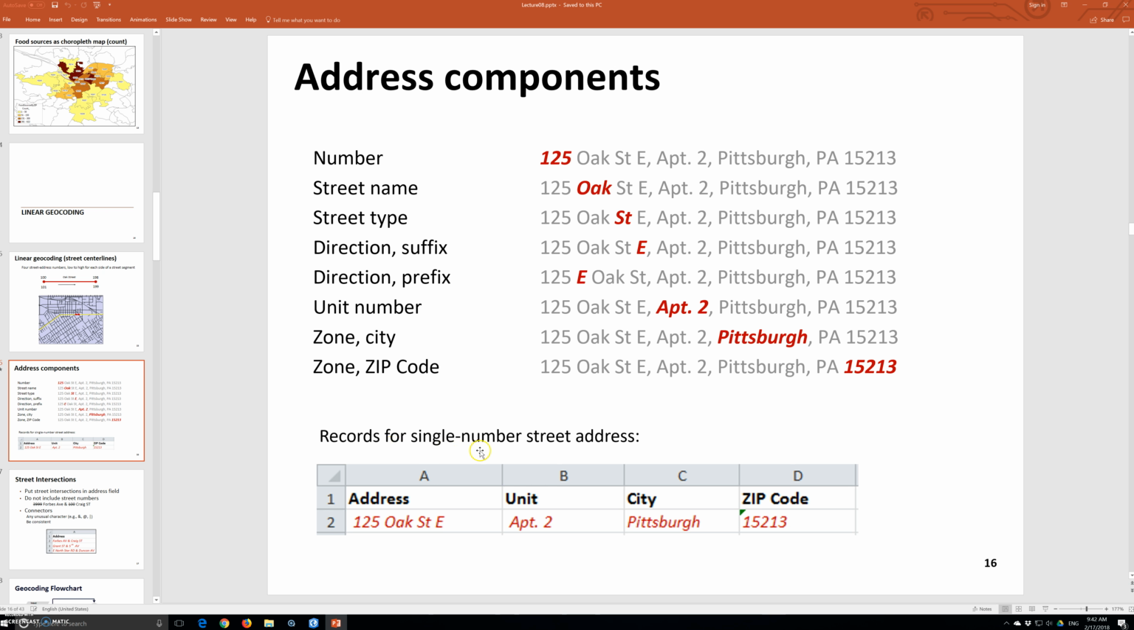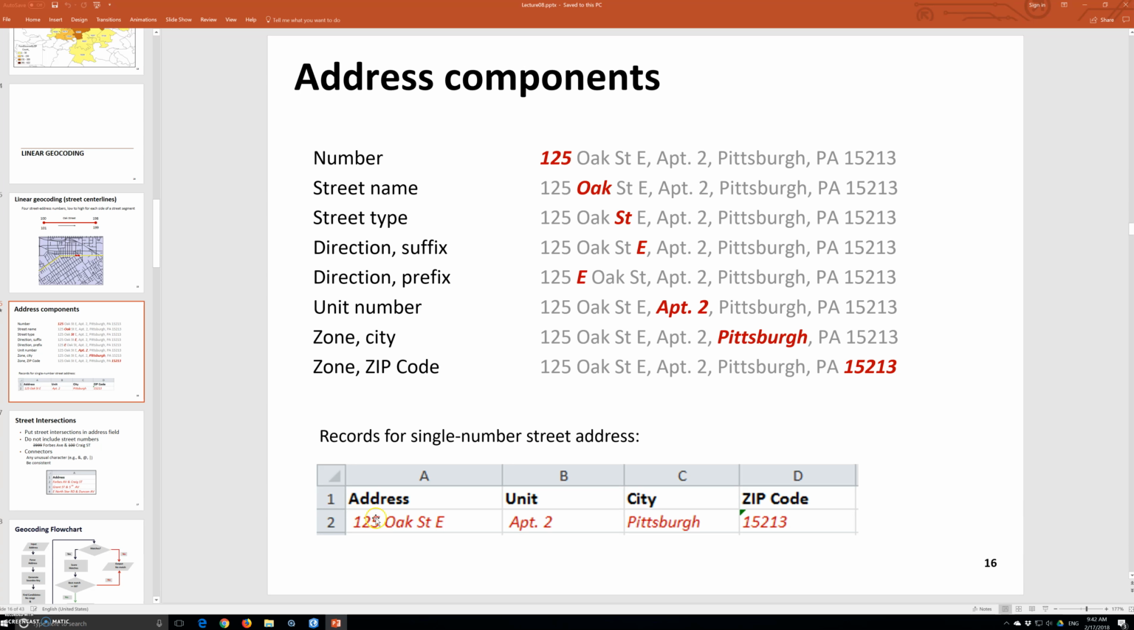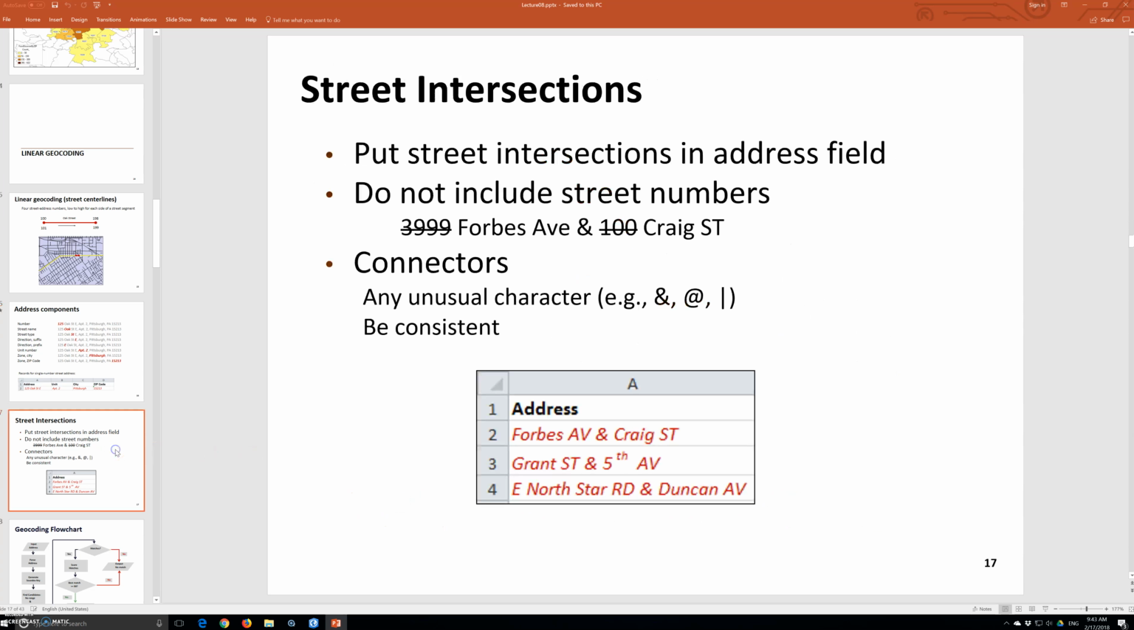And records for a single number street address, for example, are right here. So it separates address and unit, city, and zip code. In street intersections, put street